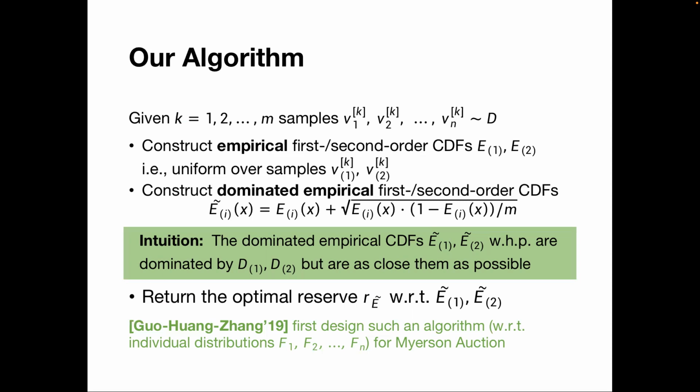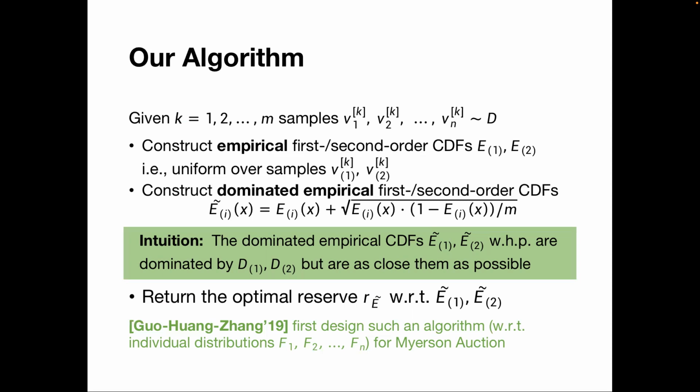This algorithmic paradigm is the same as the framework by Guo, Wang, and Zhang in 2019. In particular, this previous work designed such an algorithm for Myerson auction,